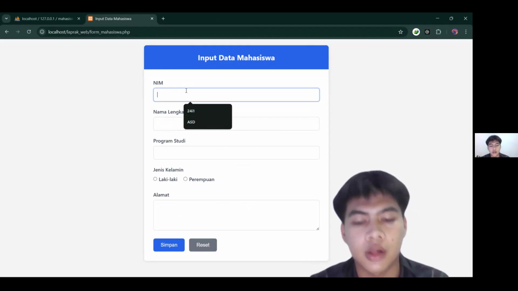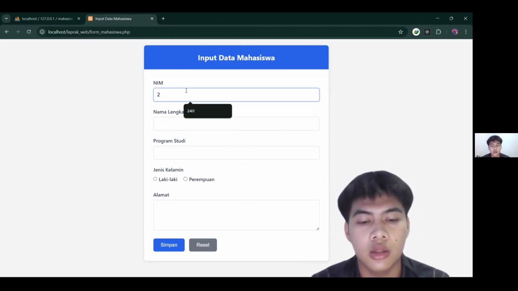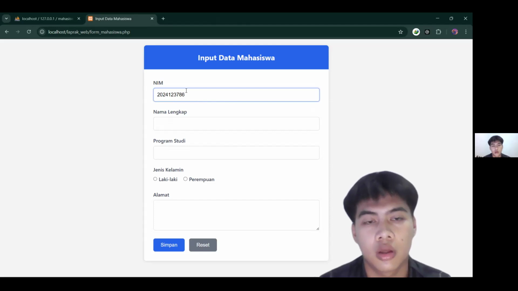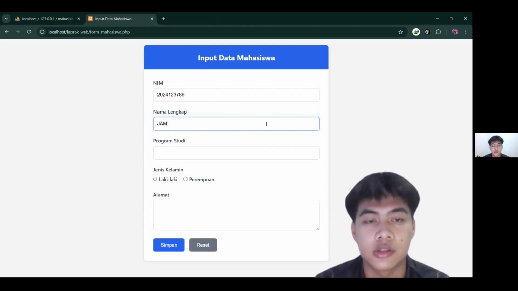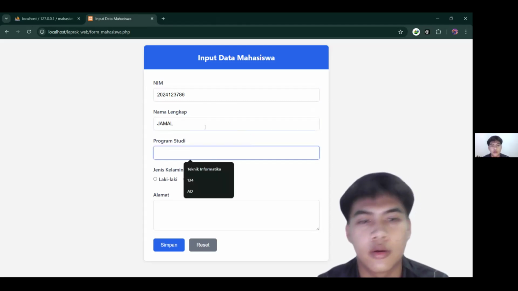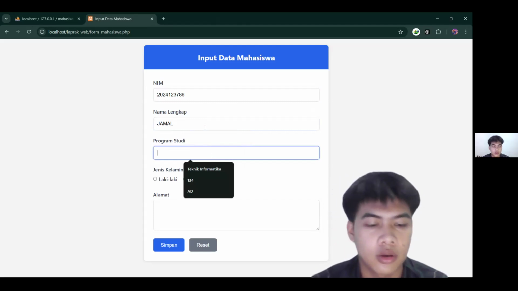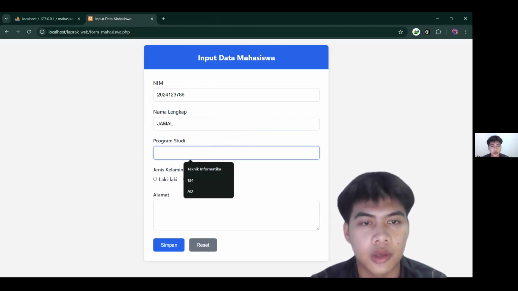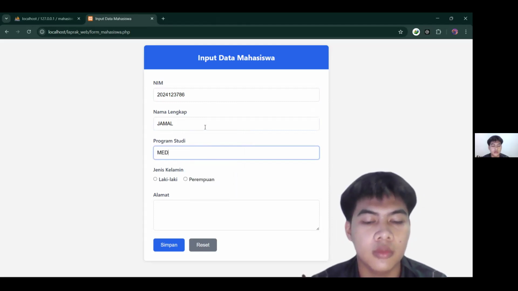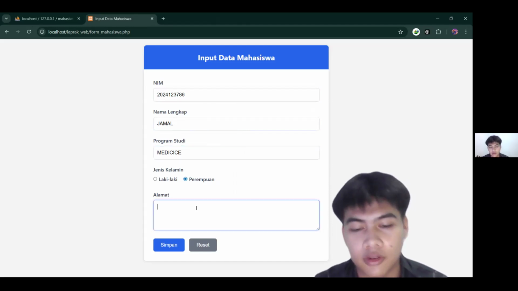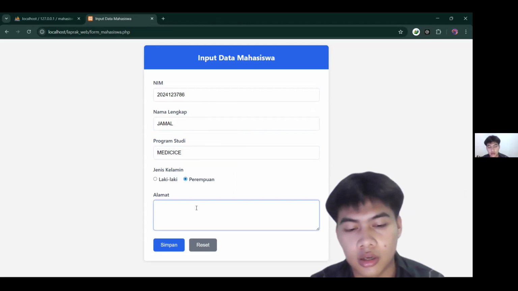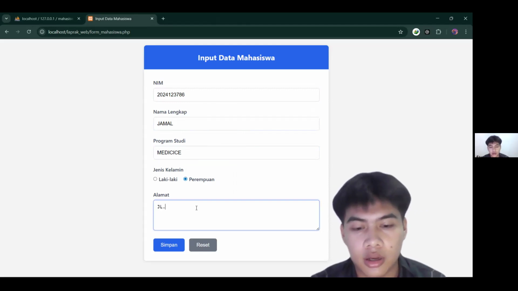So, for example, I use a random student ID, and then his name is Jamal and his program of study is medicine, and then his gender is female, and I give the address Haji Selong Street.